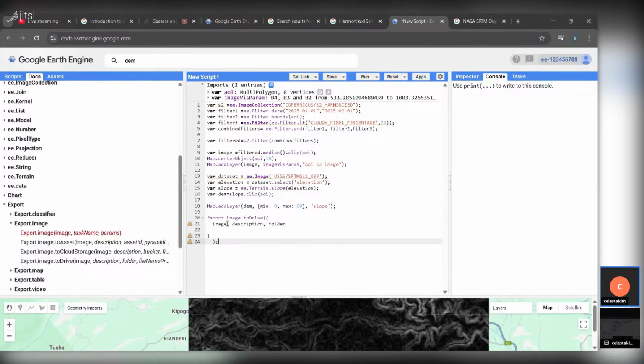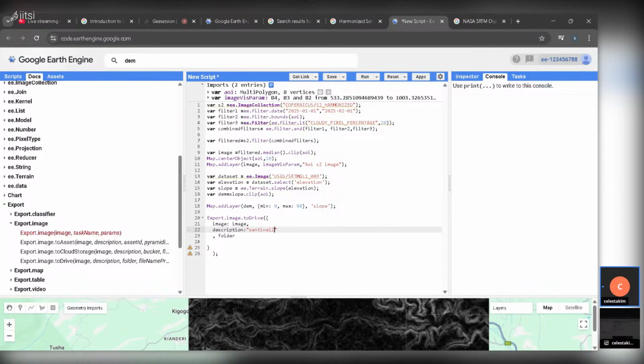Now, for our image that we need to export first, it is our image here. Okay, our image here. So we can just call it image since it is already defined. Then the next thing that you are going to put is some simple descriptions of our image. So you just give a colon, then after the colon you can just give a simple description of your image, for example